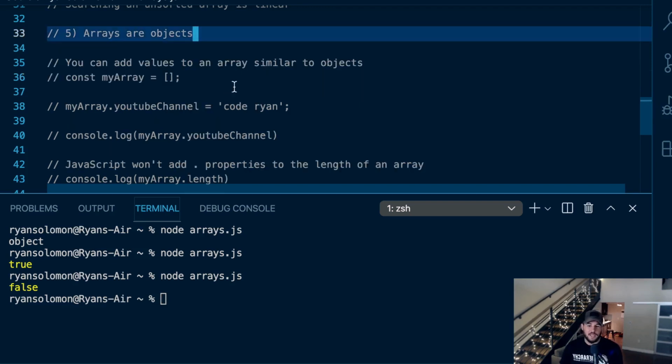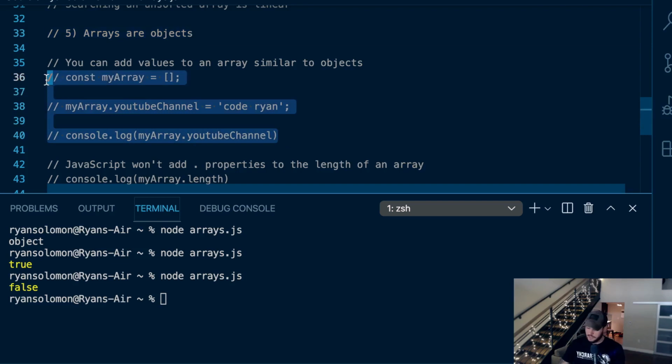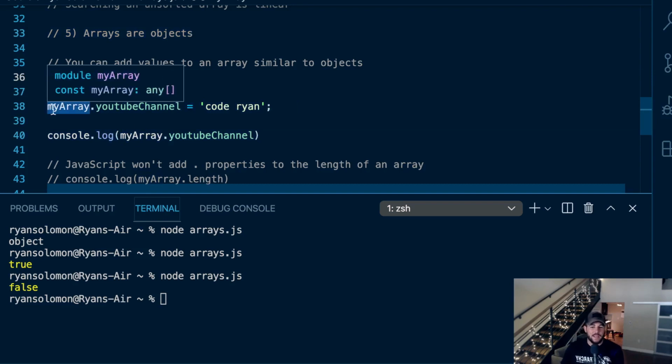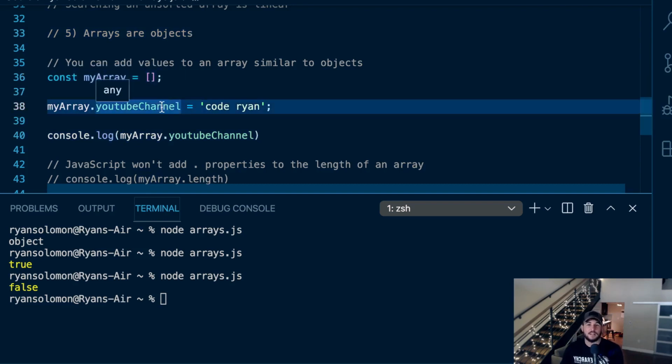Now, since arrays are objects, you can actually add values to an array just like you would an object. So here, I create an empty array, and then I say myArray.youtubeChannel is equal to Code Ryan. So I use the object dot syntax to add a property called youtubeChannel, and then I give it the value of Code Ryan. And as you will see here, this works. When I console log myArray.youtubeChannel, it will log out Code Ryan. So you can add properties to arrays just like you would with objects, because at the end of the day,